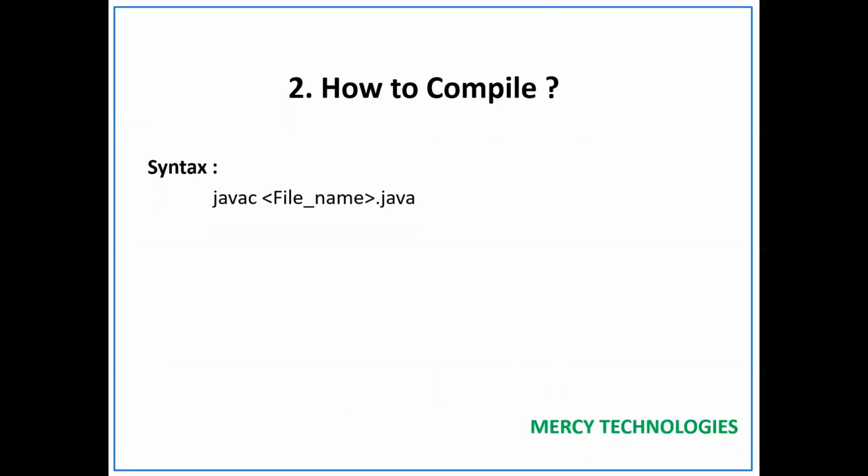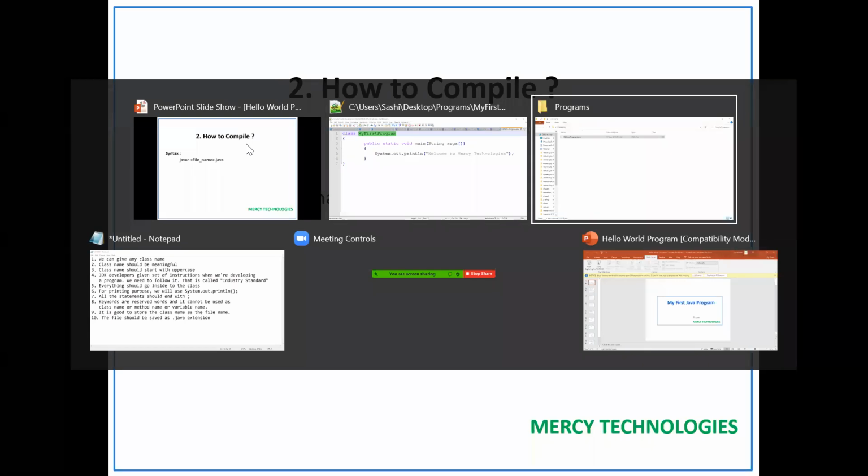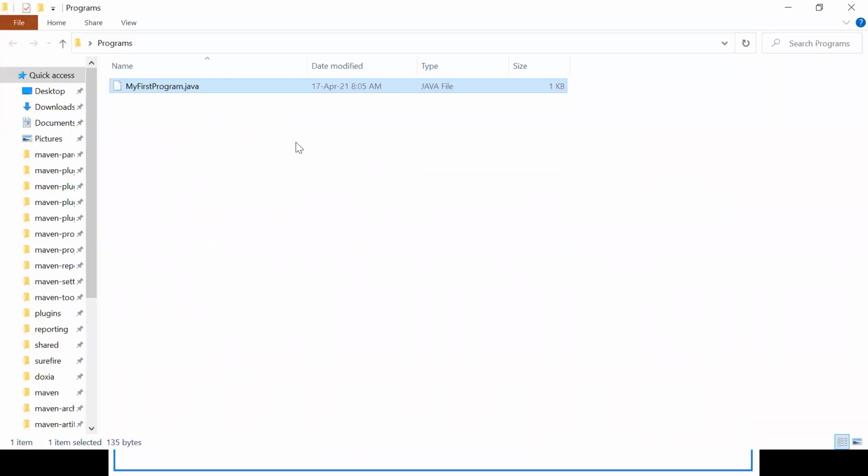It's simple. First thing is go to the directory where your programs are saved, right? Inside this directory called programs, we are going to store all the programs. Now what we are going to do is compile the program.